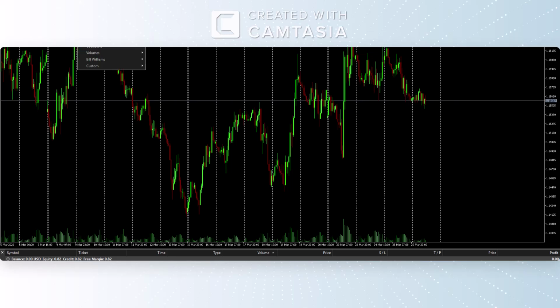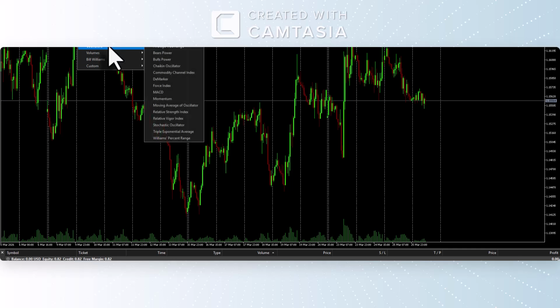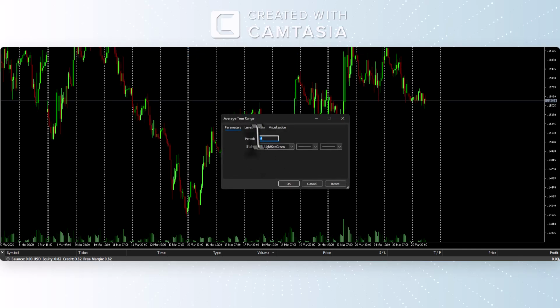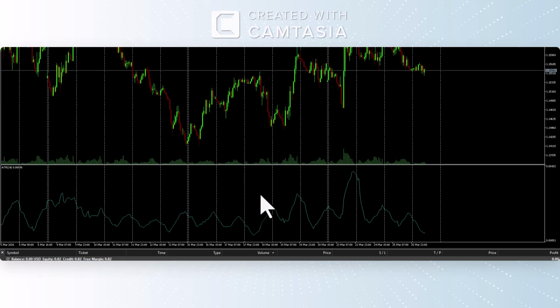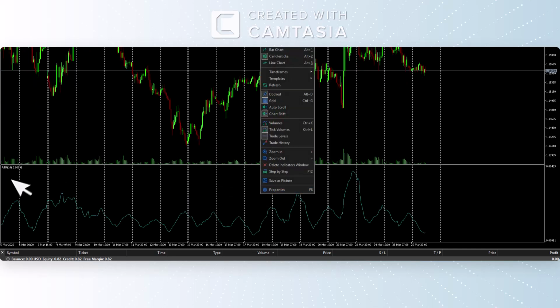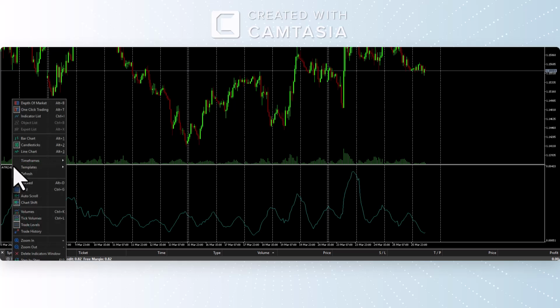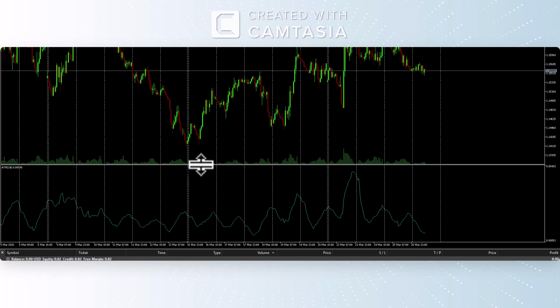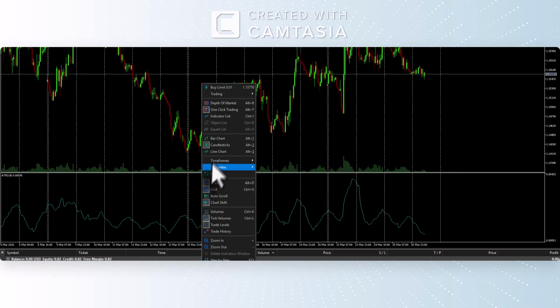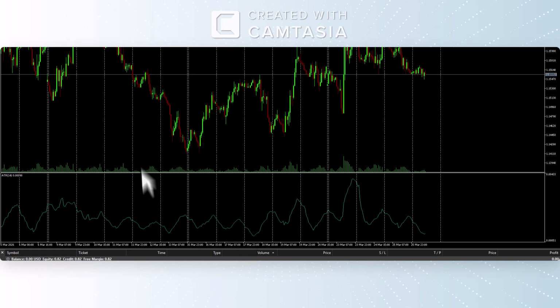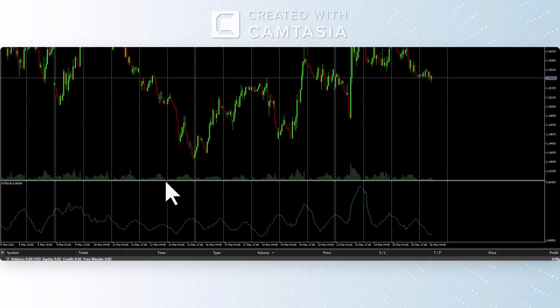To add the indicator, insert indicator, like this one. You can set up this. So this is the indicator. To remove this indicator, you need to right click. I forgot how to remove the indicator.